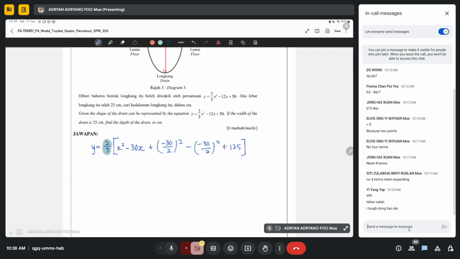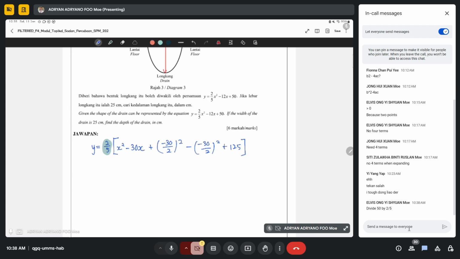Hello? 请问我做对了吗？这个 vertex form? Where did I get the 125? May I ask? It's a very simple question. 我从哪里拿到那个125？